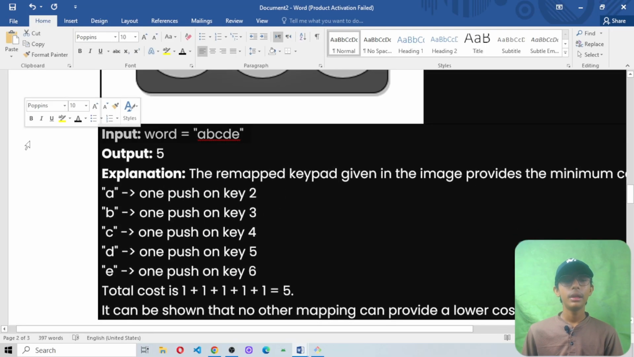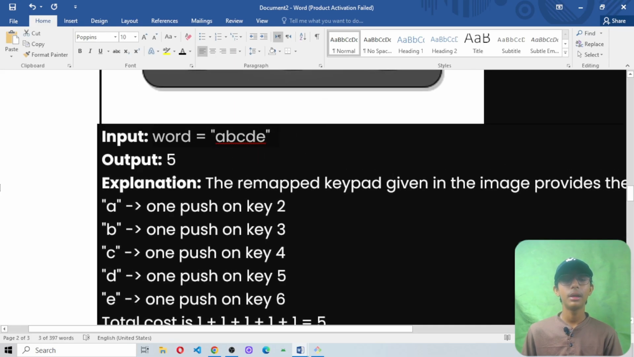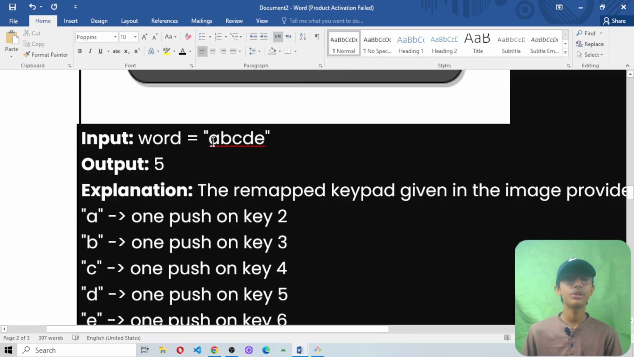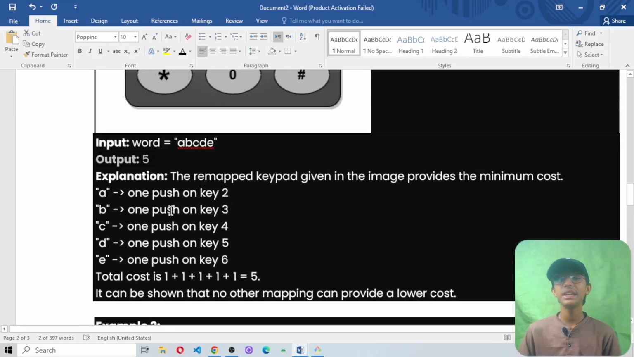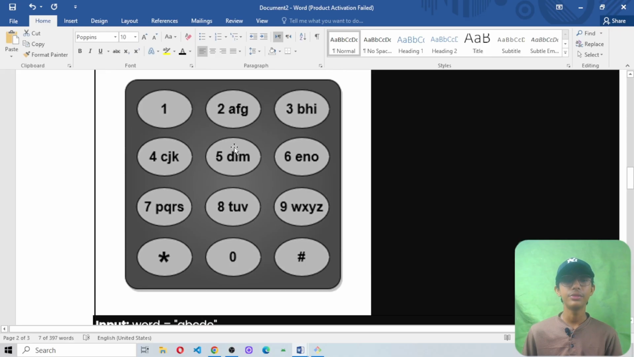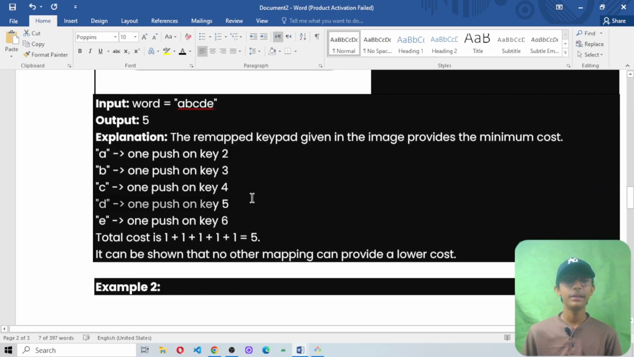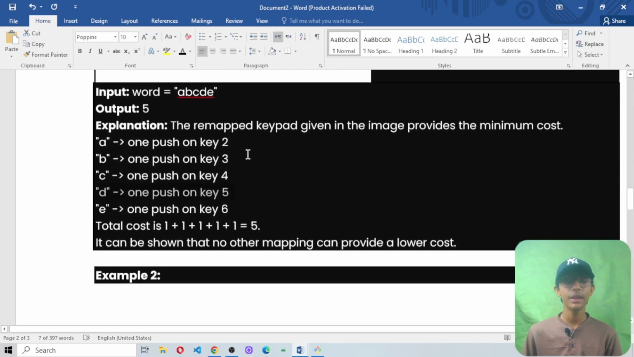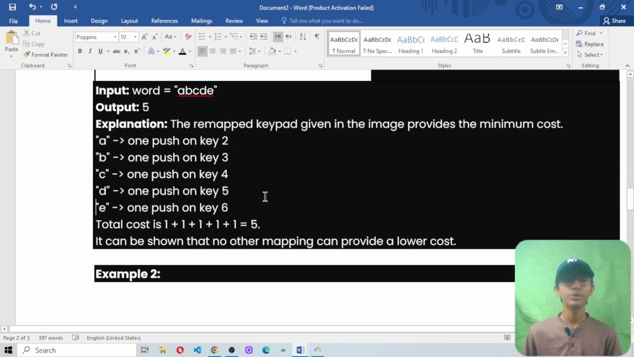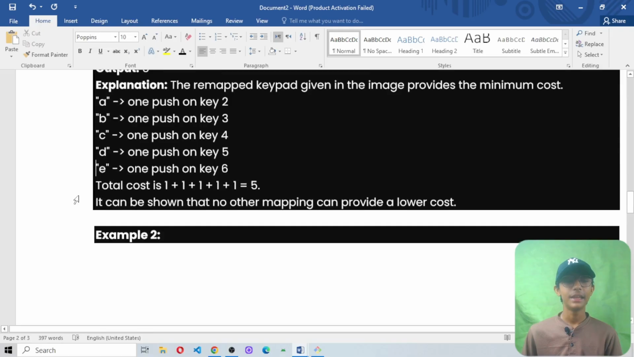If you see the input here, you get a string by the name of word, in which he wrote ABCDE, and the output is coming 5. Why? Because the remapped key given in the image provides the minimum cost, like A, one push on key 2, B, one push on key 3, and C, one push on key 4, and then D, one push on key 5, and then E, one push on key 6. So the total cost is 1 plus 1 plus 1 plus 1 plus 1 equals